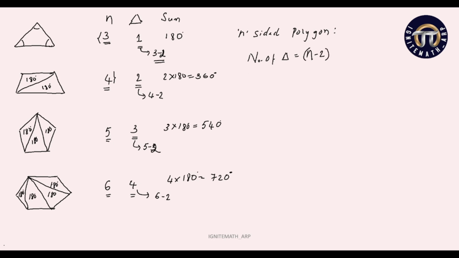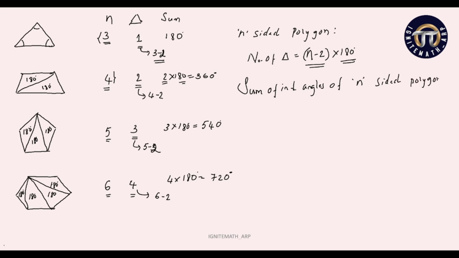So whatever is the number of triangles formed, that into 180 is the sum of interior angles. So n minus 2 is the number of triangles formed. This into 180 will give you the sum of interior angles of any sided polygon. Clear, children? So I can say that the sum of interior angles of an n-sided polygon